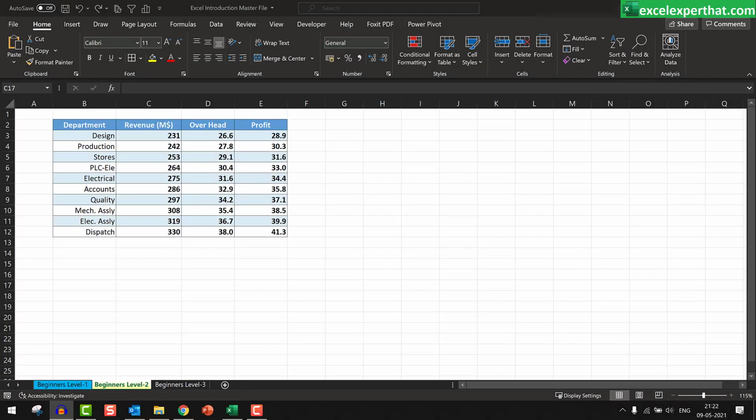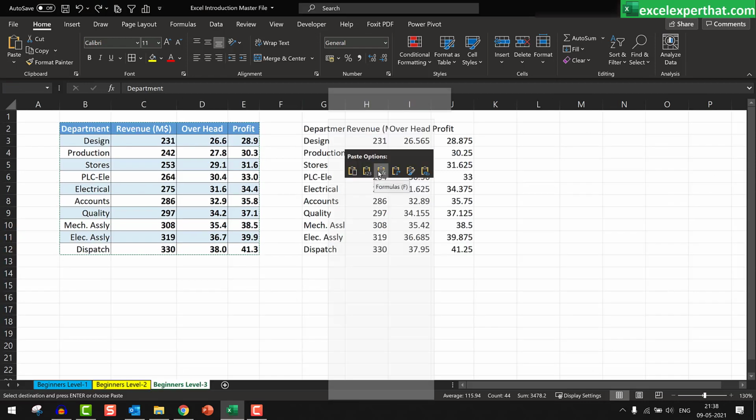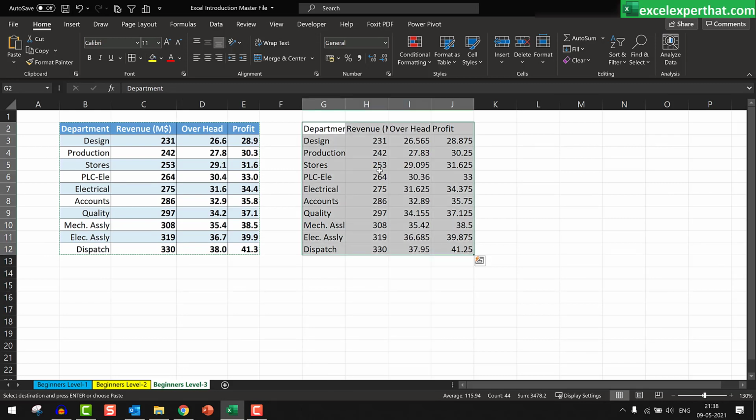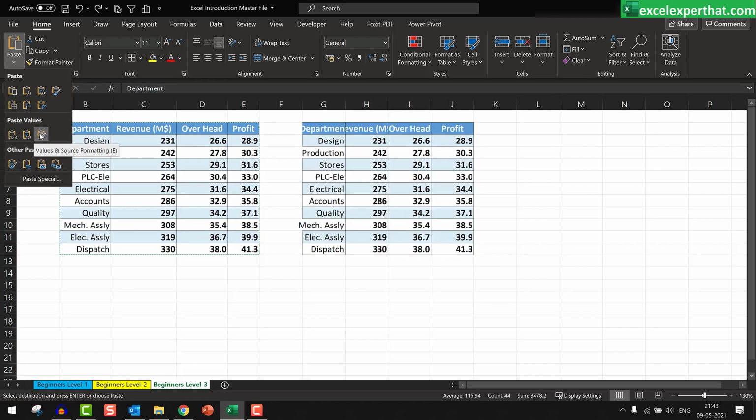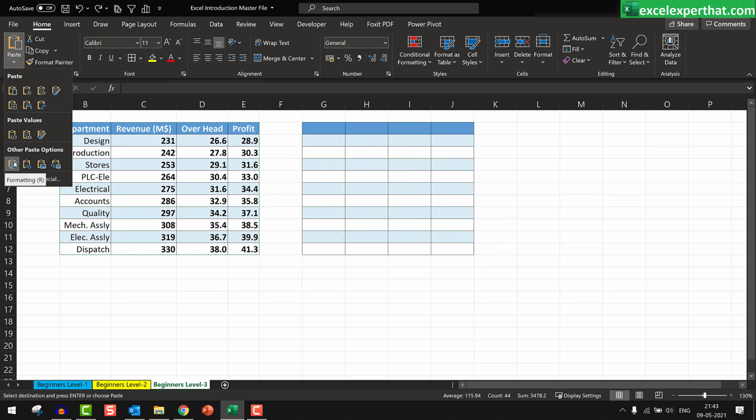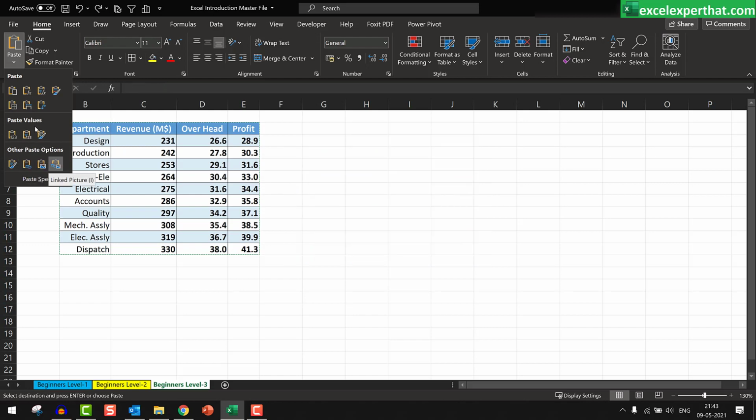Now we can see how we can utilize a combination paste. Combination paste is nothing but I have copied this data and pasted here with the links. Now you can see guys, there is no formatting I have pasted, but I wanted to have the format also. So just again go to the same cell, paste and paste formatting. Here the formatting also gets pasted. So this way guys you can utilize a combination of pasting also.